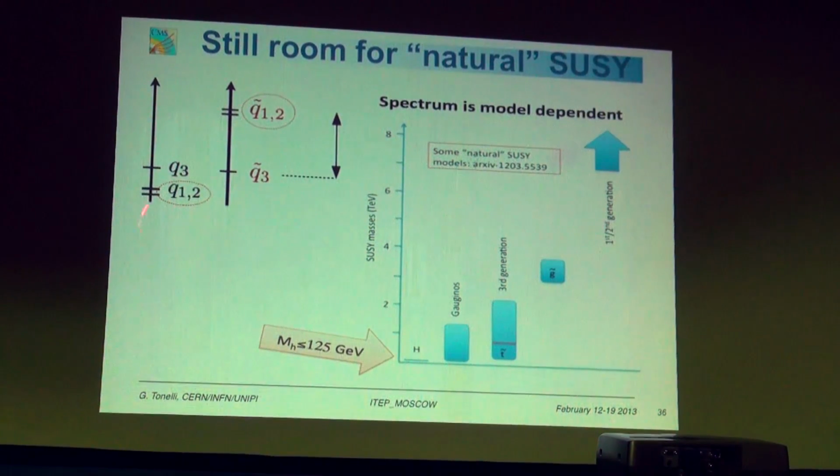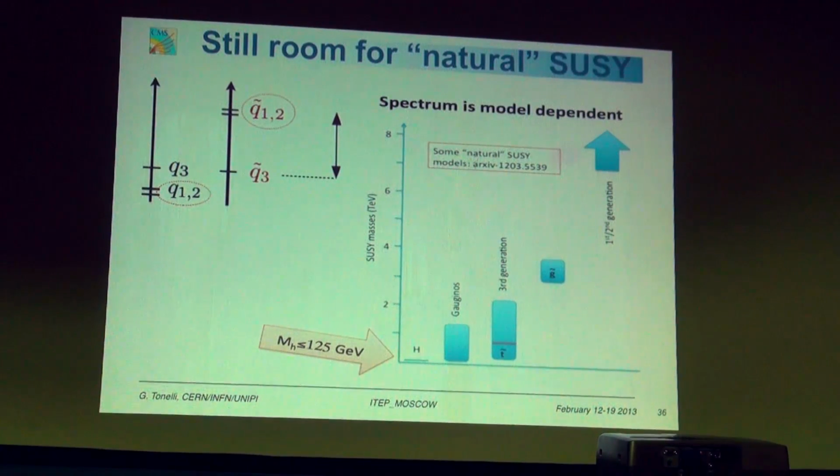But now, I don't think it's excluded, but it's less and less probable. But still, we could have the opposite. Nobody tells us that there is a symmetry between matter and supermatter. In matter, the lightest generation is the first one, and the third one is very heavy. The top is up. But we could have the opposite in supermatter. We could have the lightest squark being the stop or the sbottom, and the first and second families very heavy. There is no reason why this shouldn't be the case.